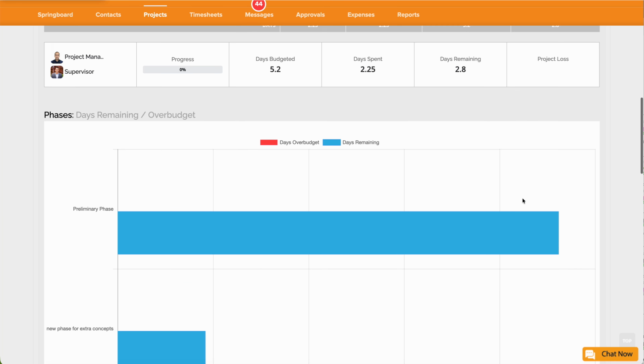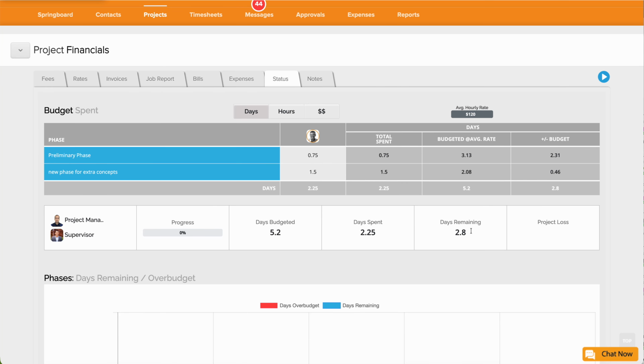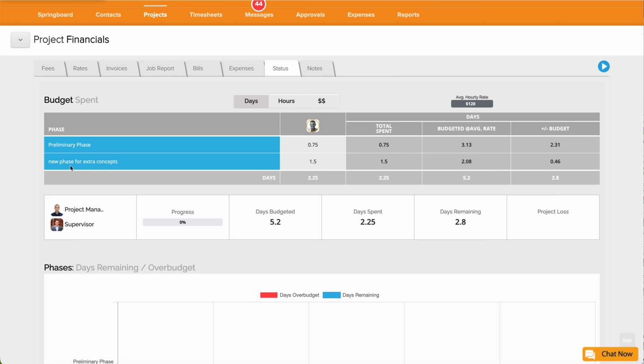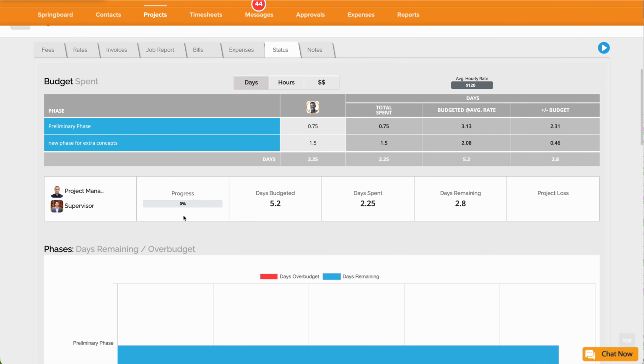So when I go back to my status on the project, the days remaining are 2.8. Now we haven't set up those additional phases yet, so those aren't accounted for in the days remaining. So there's more time remaining once we set up those extra phases or we top up these existing phases. This will give you kind of a project